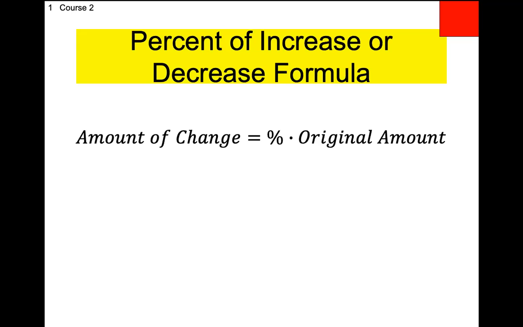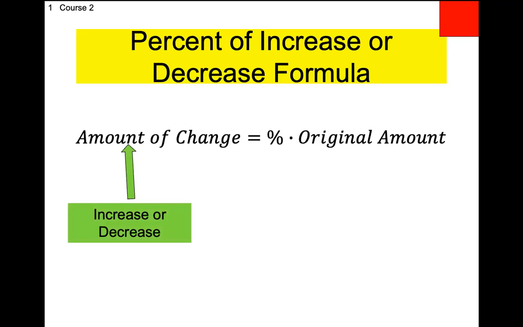I'm just going to say the words big minus small. So write that down. The amount of increase or decrease will be the large minus the small. You're always going to have a large number and a small number. If it's an increase, it's going to be the second number. If it's a decrease, it's going to be the first number. So rather than saying first number minus second or whatever, it's just the big number minus the small number. It goes right there for amount of change.